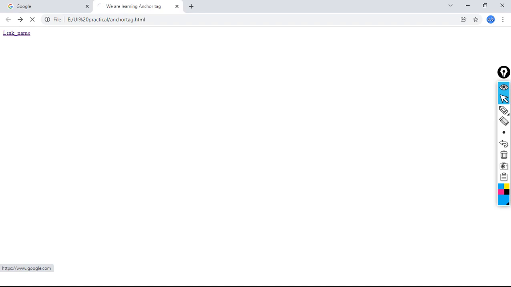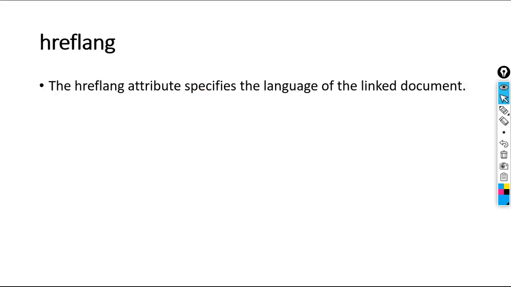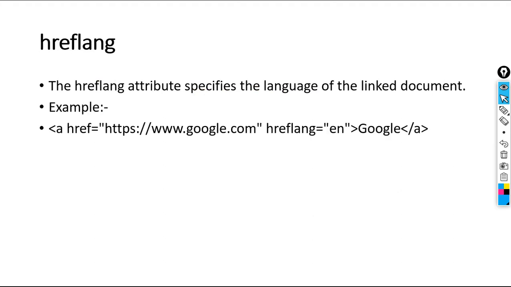Now click. Okay, we have been redirected to google.com. So it is telling the browser that the primary language of this particular website or document is English. That's it. This is the use of hreflang, and this is the example we just saw.